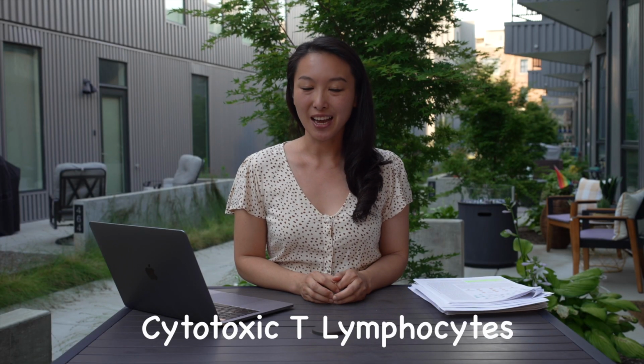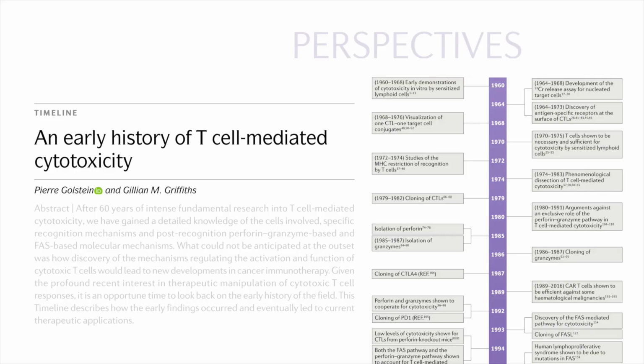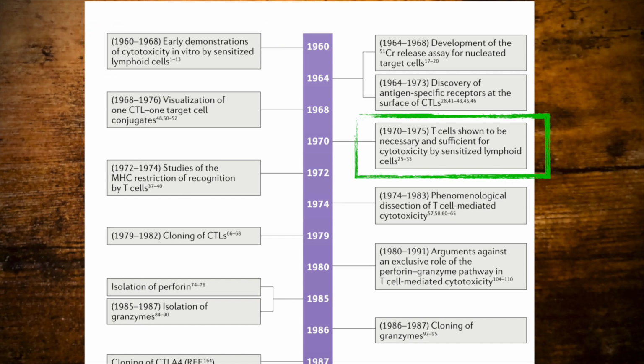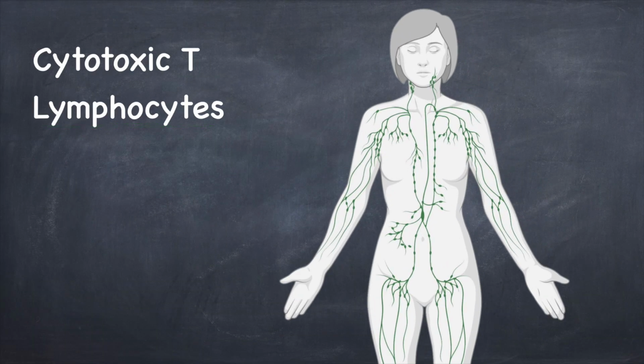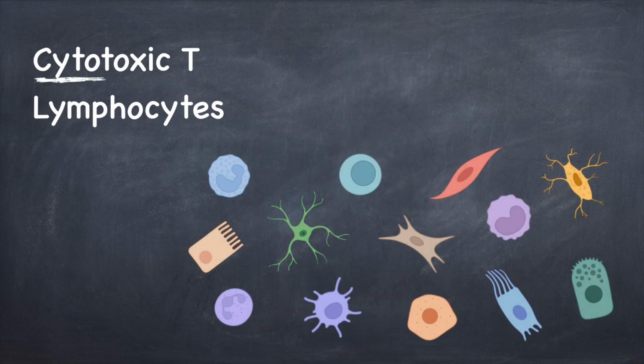Serial killers of the immune system, also known as CTLs or cytotoxic T lymphocytes. Their full history dates as far back as the 1960s, when researchers first started to get a hint that there might be a cell that was killing other cells. In the 70s, researchers found one cell type that did this, and they gave them the name cytotoxic T lymphocytes. Lymphocytes meaning cells in the lymph, T stands for thymus, from where they developed, cyto meaning cells in general, and